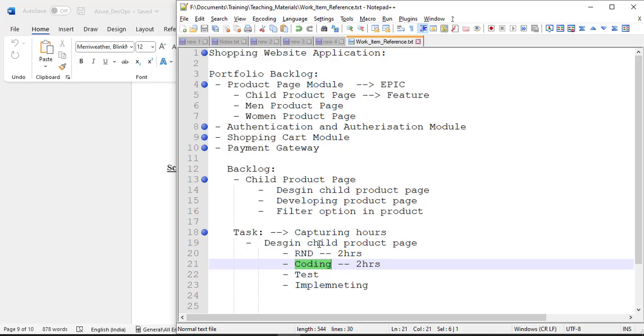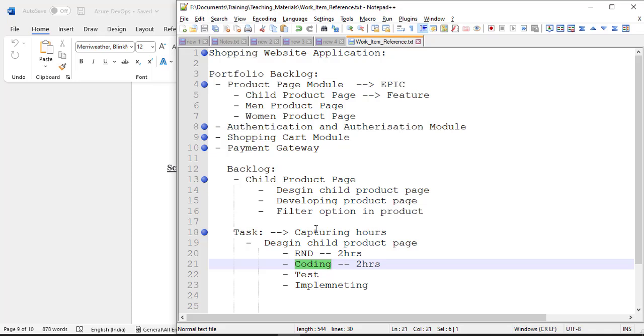So when the PBI is assigned to you, at that time your Scrum Master will ask you how much time you will take to complete this PBI. You will go and check what exactly the PBI is, and then you will come to a conclusion. Okay, I'll need 3 days.